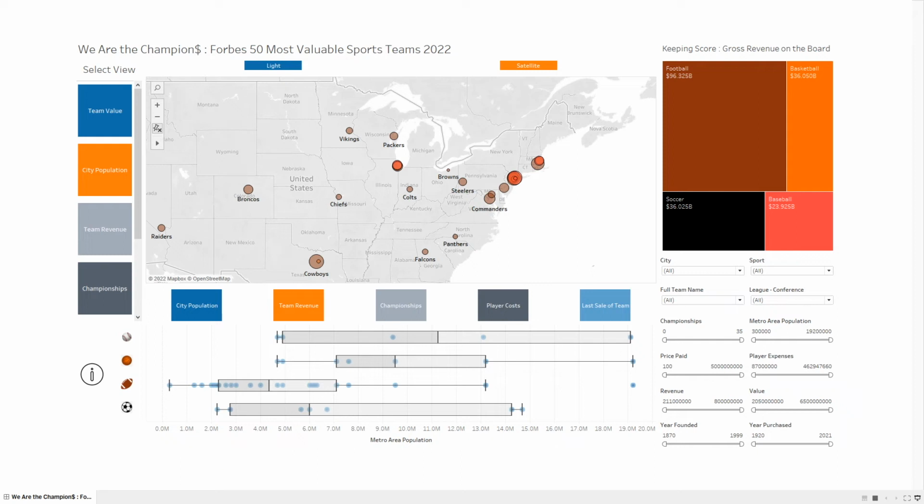One of the first questions our group wanted to utilize this tool to uncover is, does population increase or drive team value? Overall, we found that this was not necessarily true. For example, some of the highest value teams actually come from some of the smallest populations. A true example of this would be the Green Bay Packers. Here you can see that the entire metro population is just 300,000,